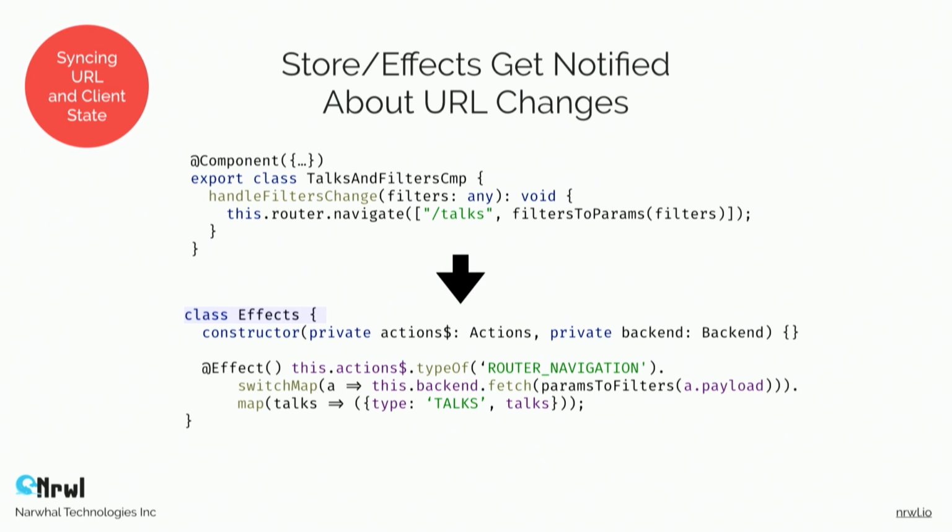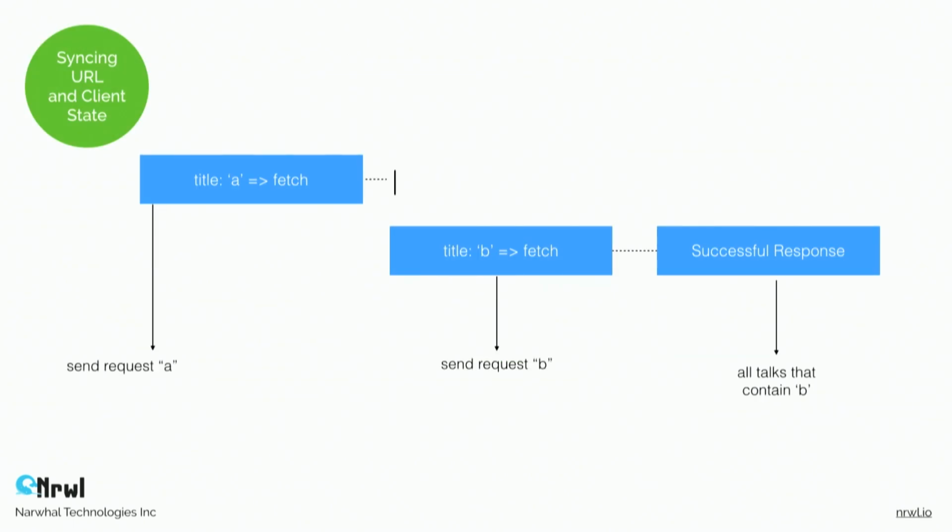Note that it's very similar to how we did side effects before, how we implemented the rate action, except that instead of using the concat map operator, we're using the switch map. So why is that? The switch map is exactly the same in terms of type signature, but it does something slightly different. Switch map will only handle the latest value. So if you have a long-lived observable of actions, it will only handle the latest value. If a new action appears, we no longer care about the previous one,